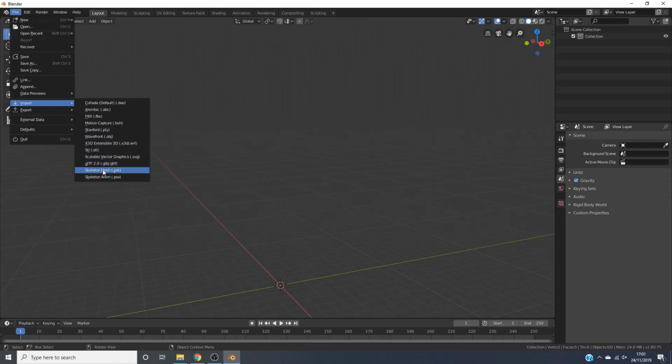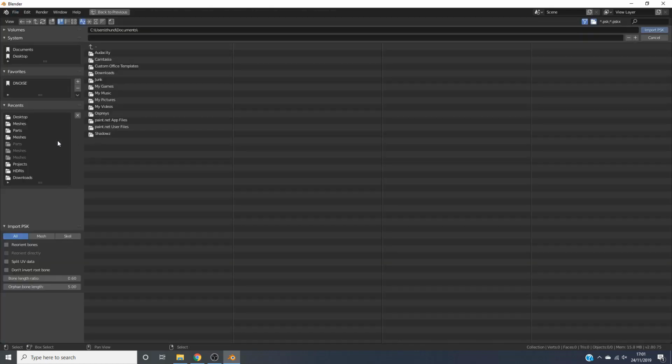All you need to do is import the skeleton mesh. So .psk, click this, and now you need to find your folder. So we're going to go to the desktop, we're going to go to the export folder, or wherever you've put it and whatever you've called it. It's best to probably put it on the desktop because then you can find it quite easily, because it's always up at system, desktop. So we're going to go to the export folder, game, characters, player, and this is where